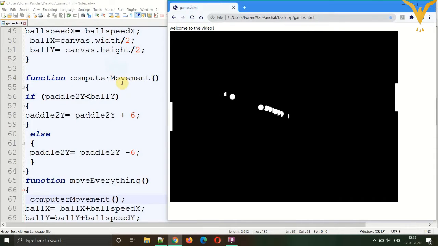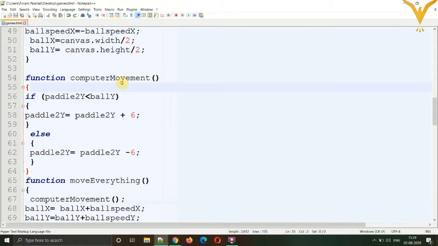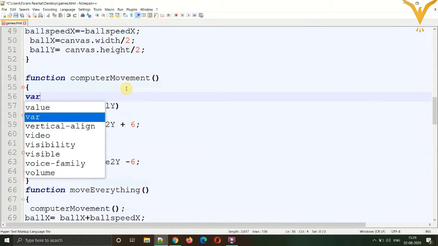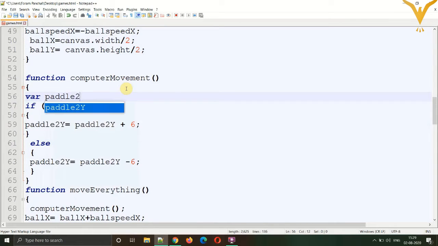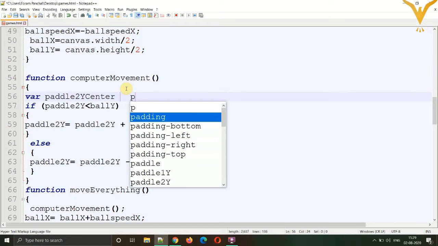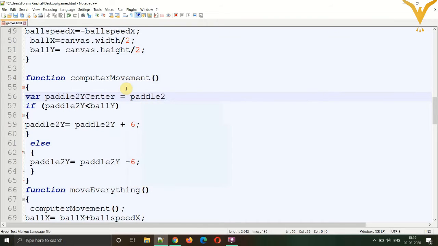first of all, we'll let the paddle hit the ball from its center. So first of all, we'll create one variable, which will be variable paddle to Y center, and the value of this will be paddle to Y, which is the starting point of the paddle, the variable that creates the paddle.